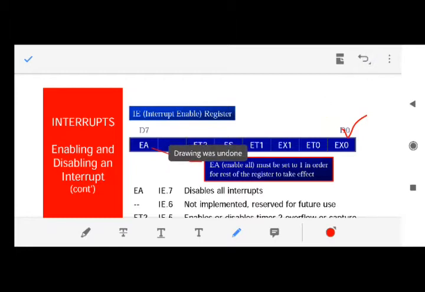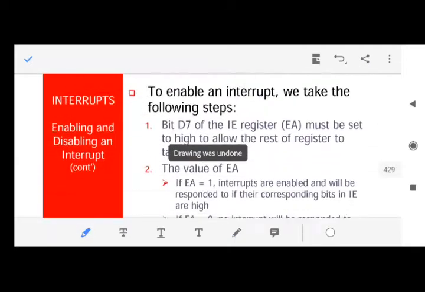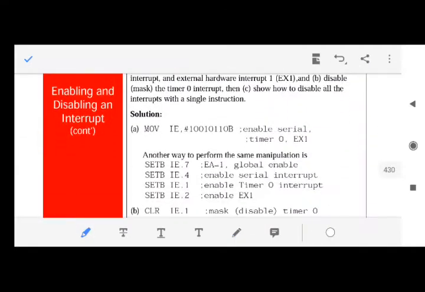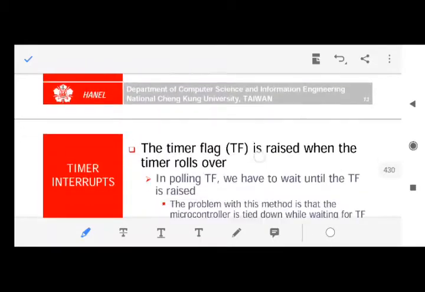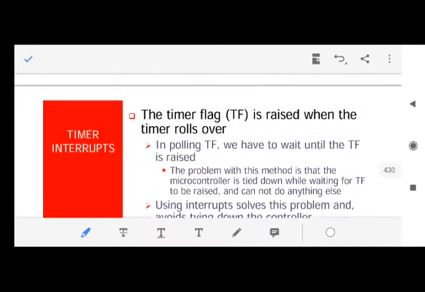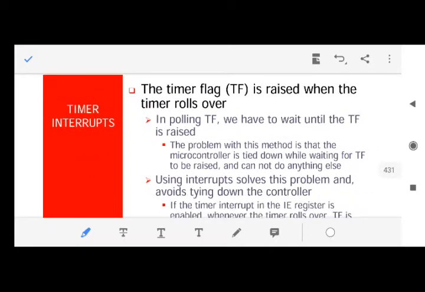This register or this entire byte can be checked only when this bit is 1. If this bit is 0, that means all interrupts are disabled. So we have studied this, and we have taken one example also of how to enable and disable the interrupt. Now we have to start today's lecture from here.